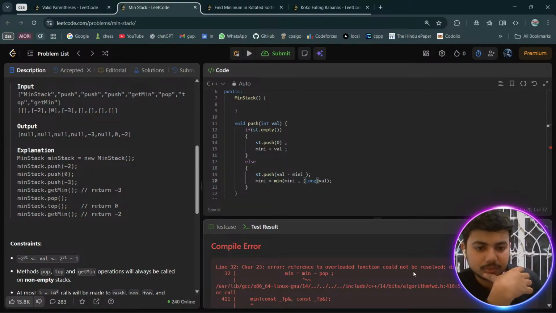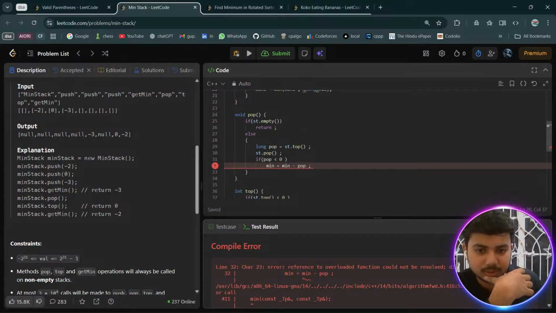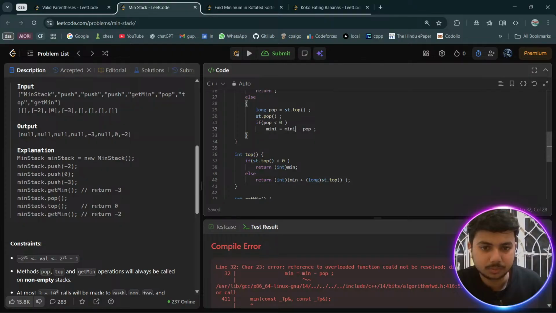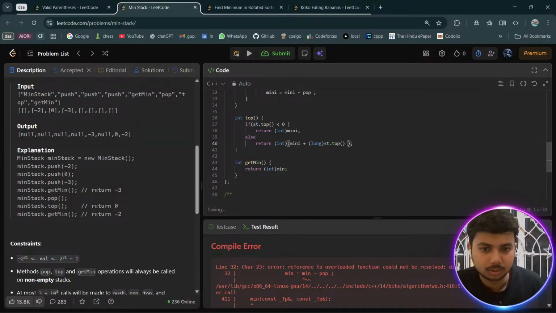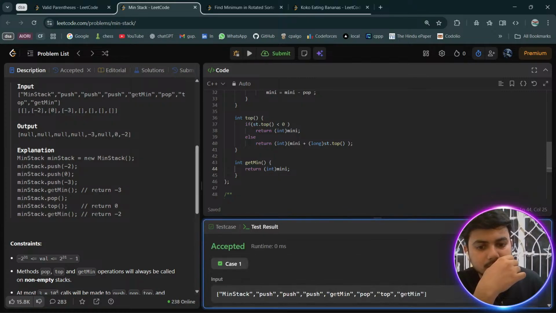Reference to overloaded function could not be resolved. Okay okay, sorry sorry, have I written min in front? Mini is mini minus pop. Mini, mini. Okay,